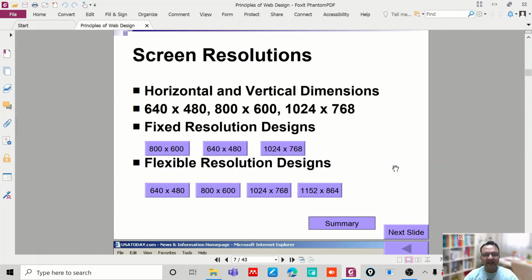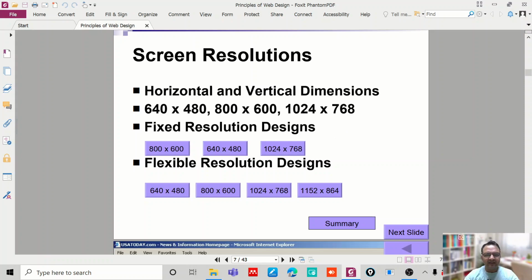It should not be that if they are using a low resolution, the website is not able to adjust itself accordingly. So the resolutions look like this: 640 by 480, 800 by 600, and 1024 by 768. It is actually SD resolution.